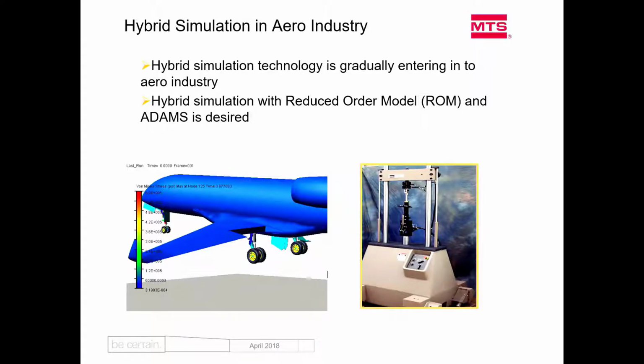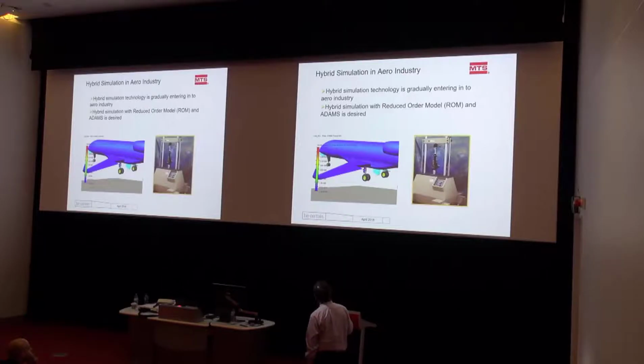For example, an airplane landing, to test the landing gear, to test the damper in here. So we could model the airplane with a kind of software, for example Adams, and then Adams will calculate the displacement, and the displacement is applied to this damper rig, and the force is measured and sent back. So that's